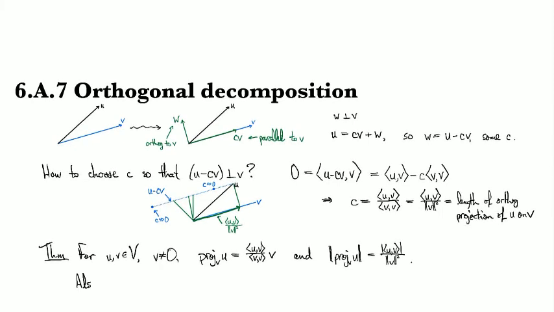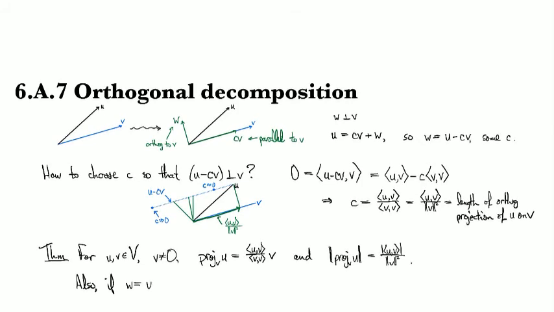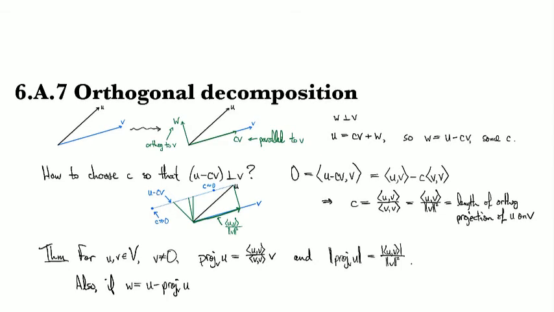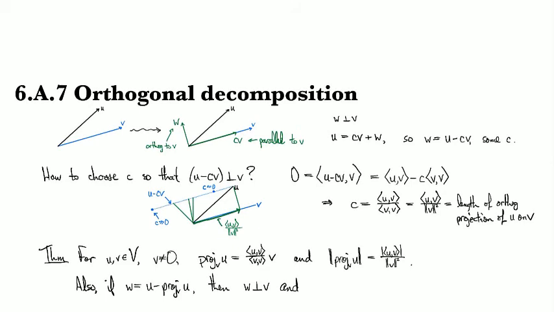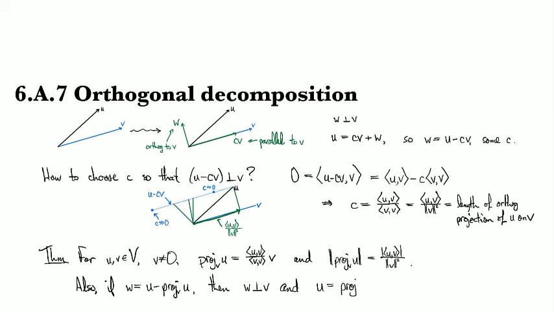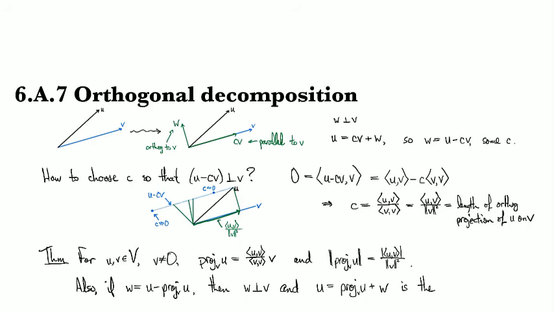Also, if we define w to be equal to u minus its projection onto v, then w is going to be perpendicular to v, and the projection plus w is the orthogonal decomposition